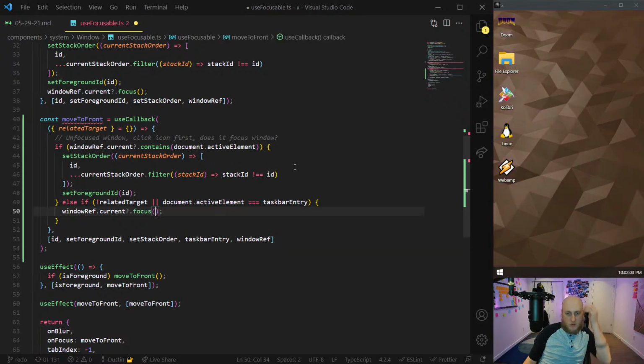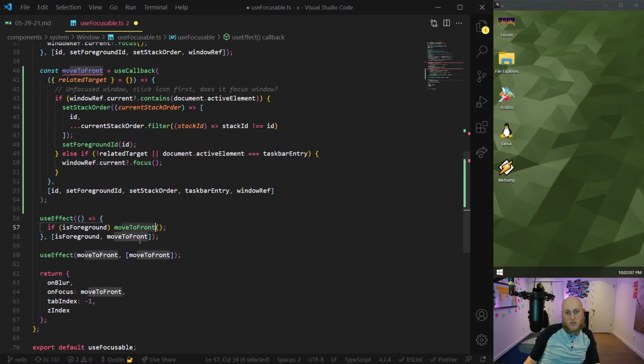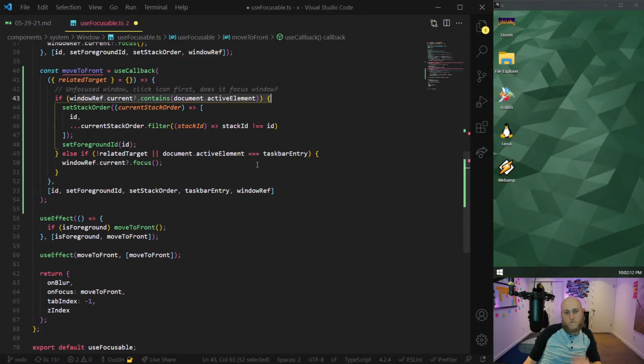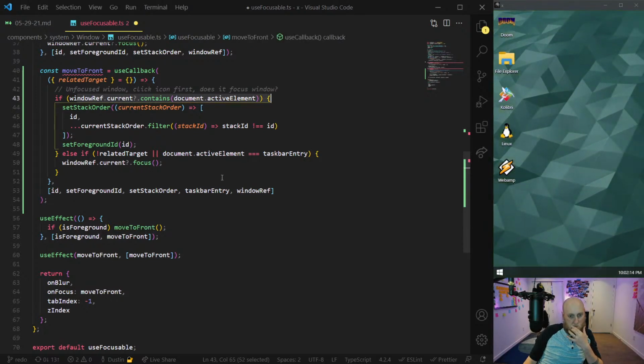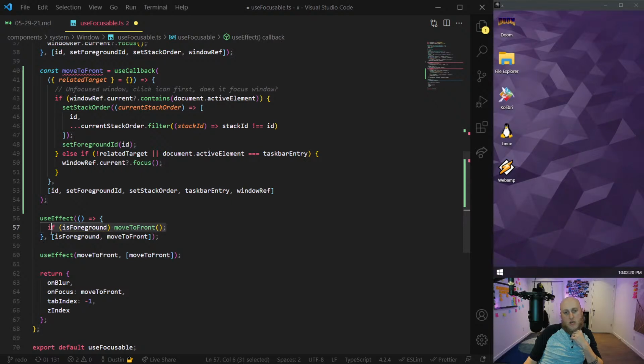I'm confused by my own logic here slightly. First time it's triggered, yeah, because in this case and in this case, it's going to check here. Okay, so I'm worried that in this case, it's not going to focus on the window.